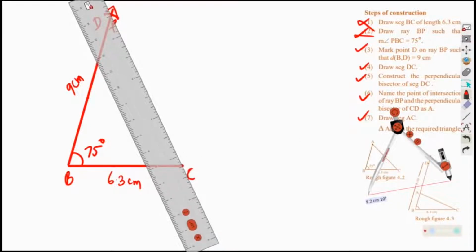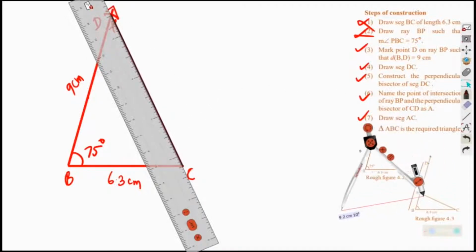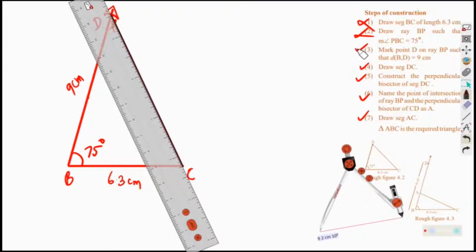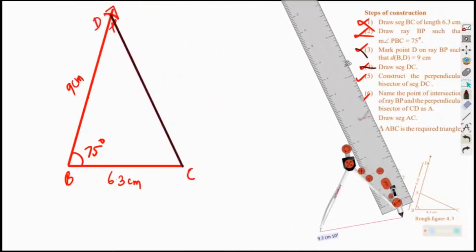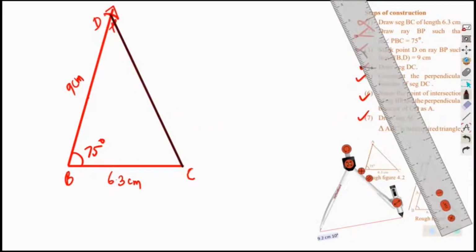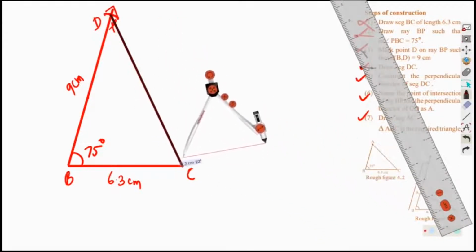Okay, I can draw that side. I'm changing the color because it is not the side of the triangle in fact, but we are getting a help of it. Now this is the DC, and we know that base is drawn and angle is drawn, but 9 centimeter is not the size. It is a total of BA and AC. This is given to us in the question. So what we will do now, we will draw a perpendicular bisector for DC.